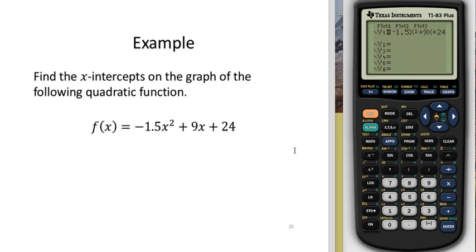So let's find the x-intercepts on the graph of this quadratic function, which we've already got in our calculator. It's the same example we were looking at last time. And so the first step is to find a viewing window. We've already gone through that process. If I go back to my graph, we have found a viewing window where we can see that this downward opening parabola with the vertex above the x-axis hits the x-axis twice. There's an x-intercept here, there's an x-intercept there. Just to review,